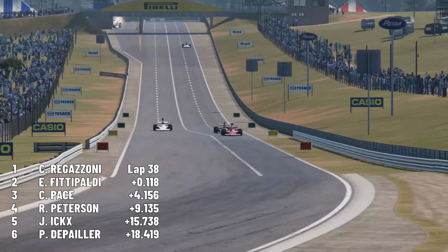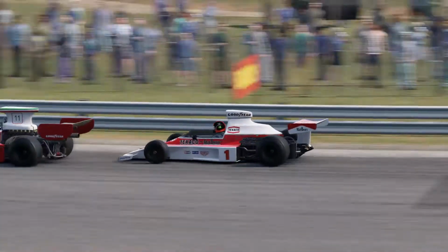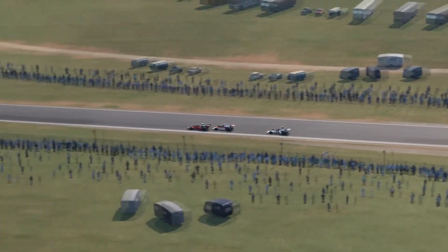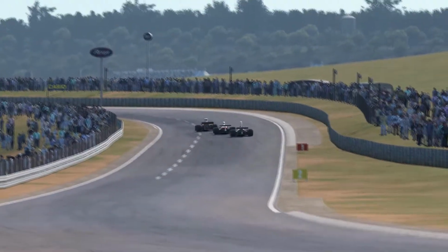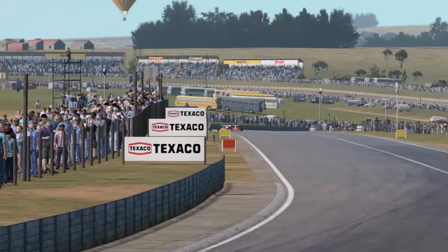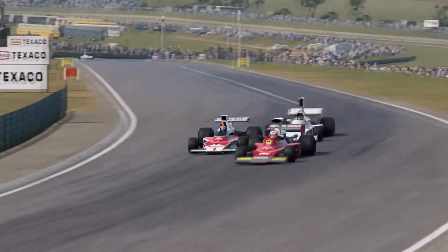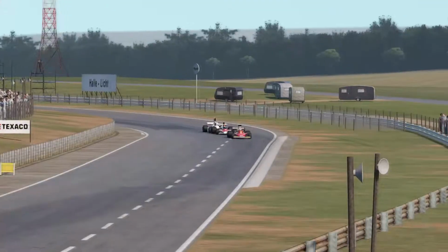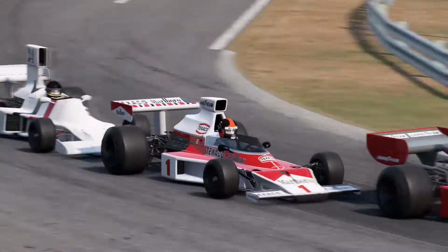Emerson Fittipaldi has arrived at the back of Clay Regazzoni and is now fighting for that race win here. 2 laps to go now. You can ignore James Hunt. He even had to do a second pit stop, no surprise considering how early he stopped for the first time. But pace-wise, he's also able to run with these two, which is, of course, a very big shame for Hesketh and Hunt, because pace-wise, they're really up there, but somehow, last time it was reliability,